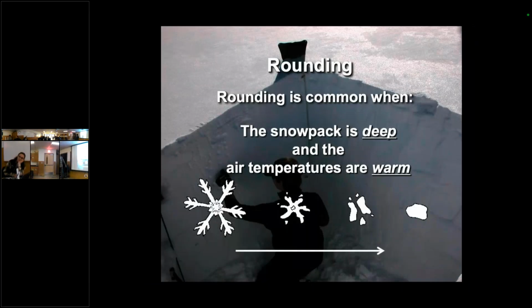So rounding is when your snowflake, over time and with mechanical stuff, loses its edges and ends up becoming a round. That stuff packs together to be nice and stiff and typically stable.